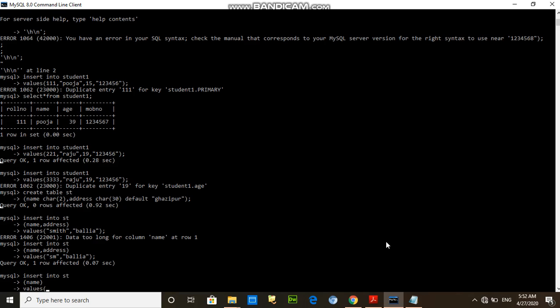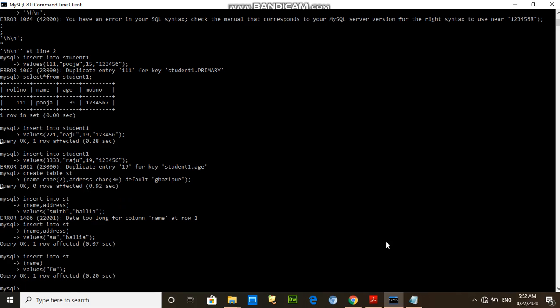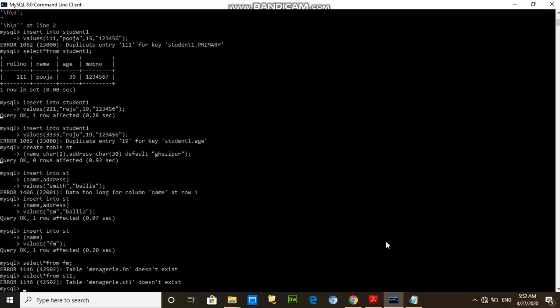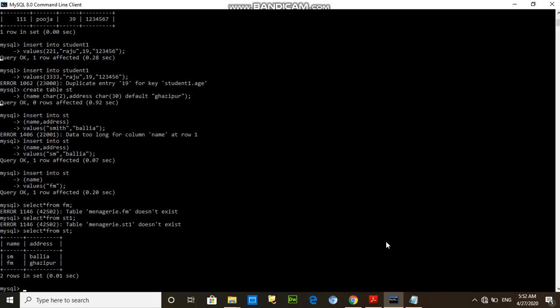Values, I am not giving the value, so that's why this time select star from st. So here I have not given the value of address, but the default value is automatically taken.